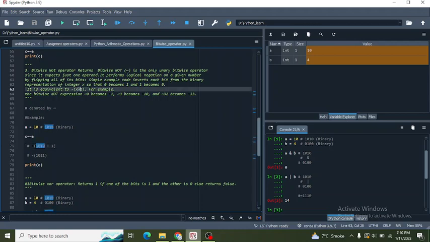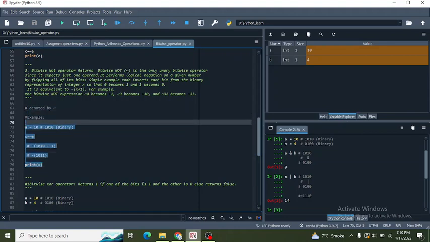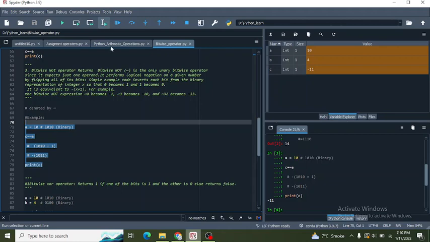This is equivalent to minus (x plus 1), where x is the integer. This is the binary value of 10, 1010, plus 1, with the negative symbol. If we add 1, then it will be 1011. Let's print it and check it. Minus 11, this is the binary value of minus 11.